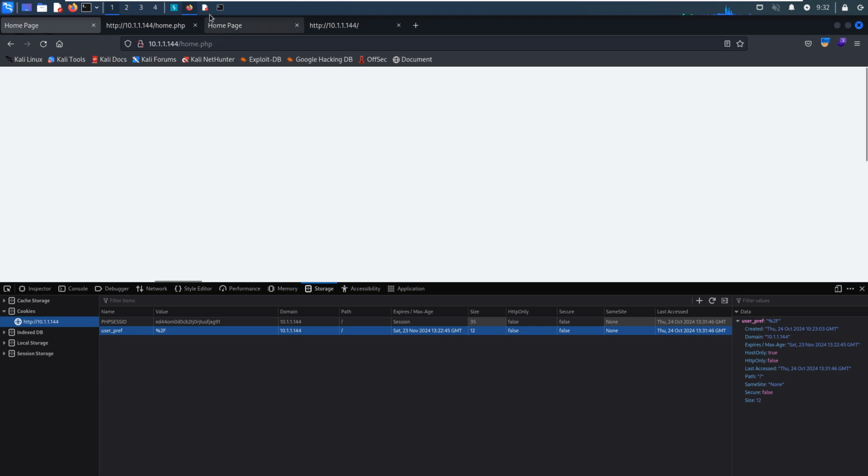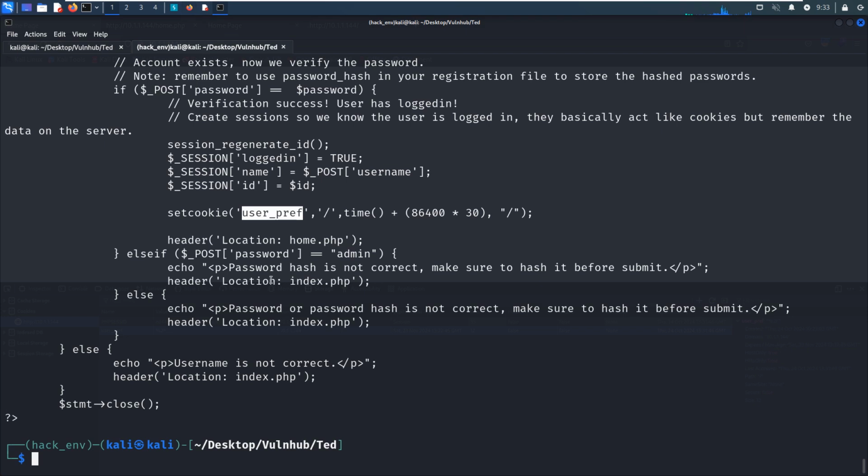And here also we'll set the cookie, and the cookie will be set to the session file.